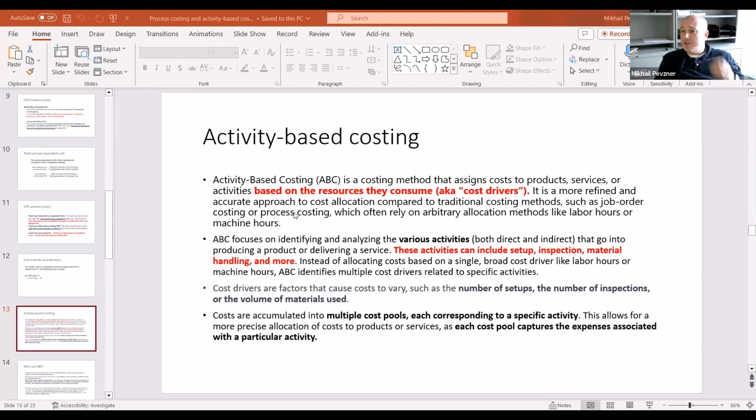What is the problem with this approach, at least on the conceptual level, is that overhead is never driven by one thing, by one activity, right? Because overhead is kind of a mishmash of different things. It could be setting up machines, it could be supervisor's salary, it could be depreciation, the cost of equipment. Overhead is a combination of many different things. Think about what at the University of Baltimore represents overhead. Anybody could tell me, what are the different overhead costs?